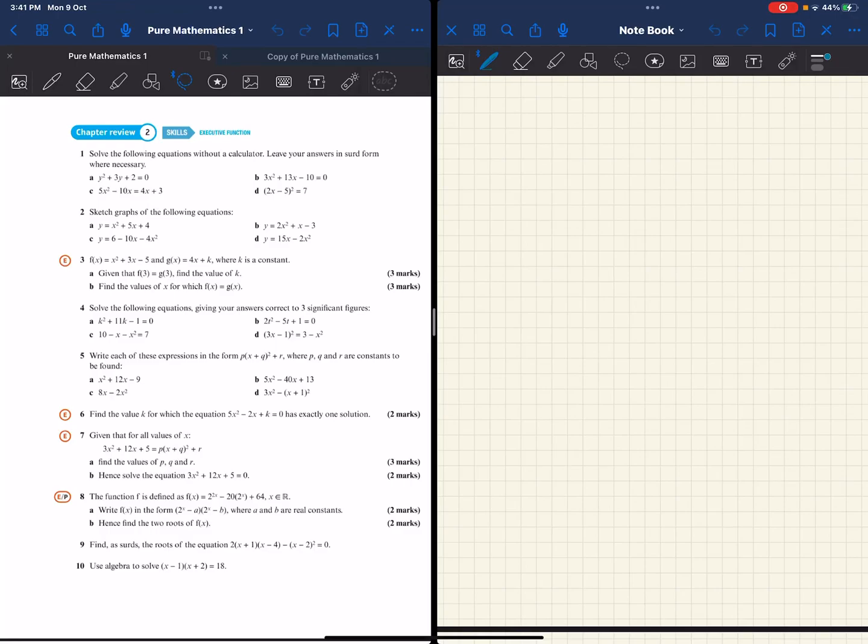Chapter Review 2, question number 1. The question says solve the following equations without a calculator. Leave your answers in surd form where necessary. So let's start with the first question, 1a,